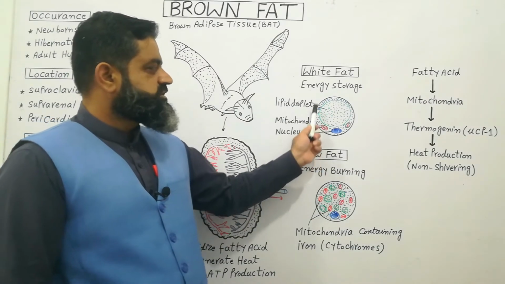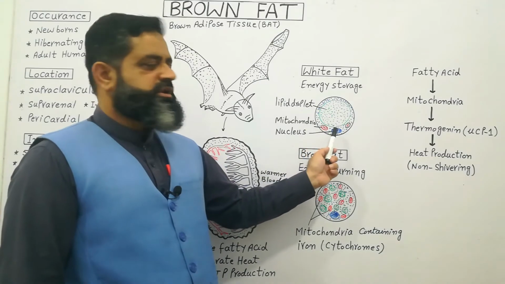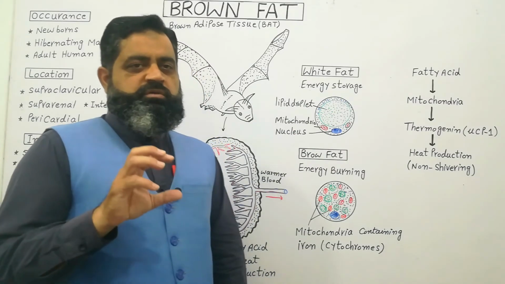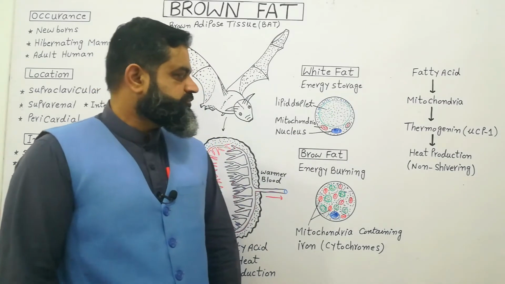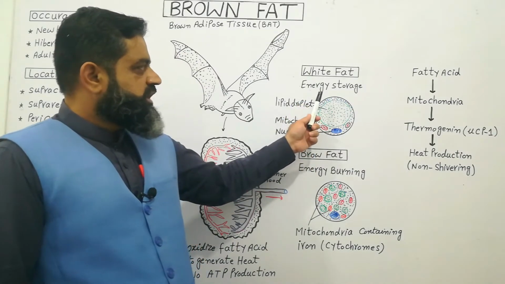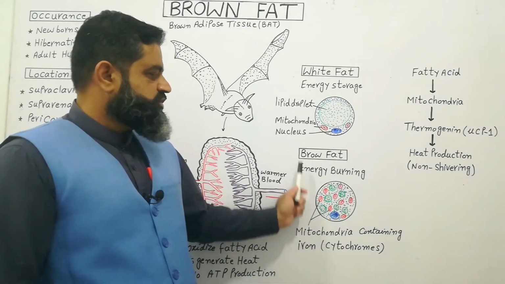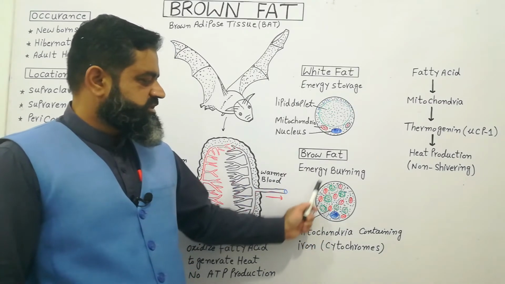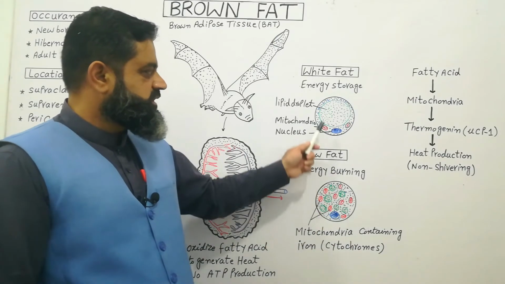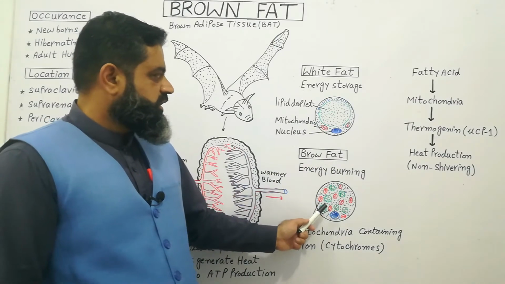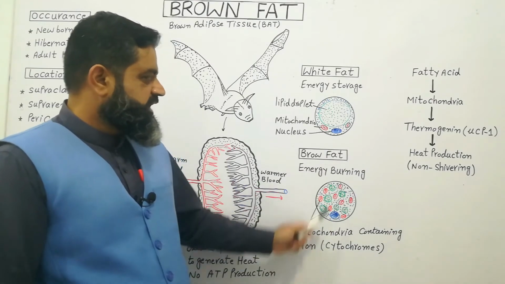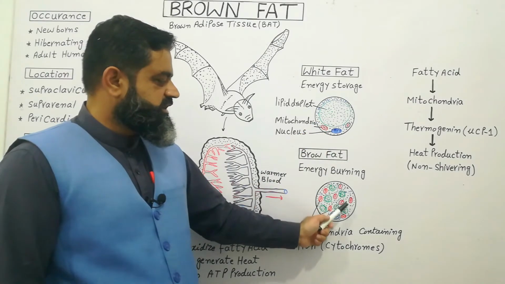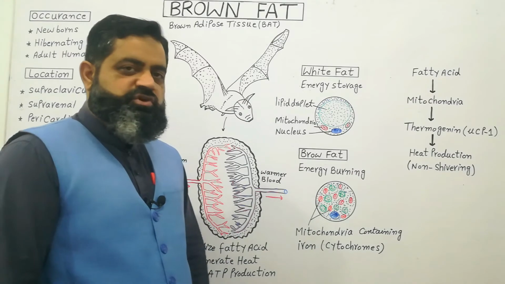The adipocyte contains a nucleus, cytoplasm, and a few mitochondria, but in the center there is a large lipid droplet, which is a stored molecule of fats. In contrast to white adipose tissue, let's look at the structure of brown fat, which is also a cell. It has a nucleus and cytoplasm, but if you look at the comparison, this cell has small droplets of lipid. Here there is one big droplet, but this cell, in green color in the diagram, has small droplets of fats.